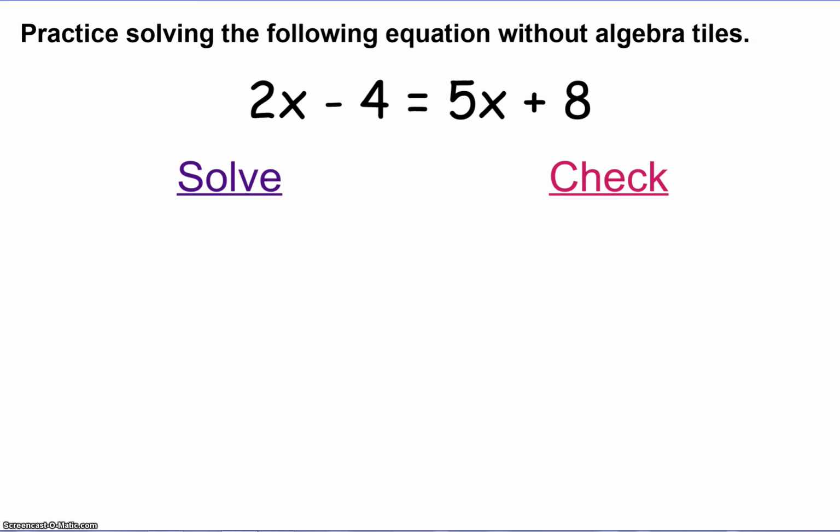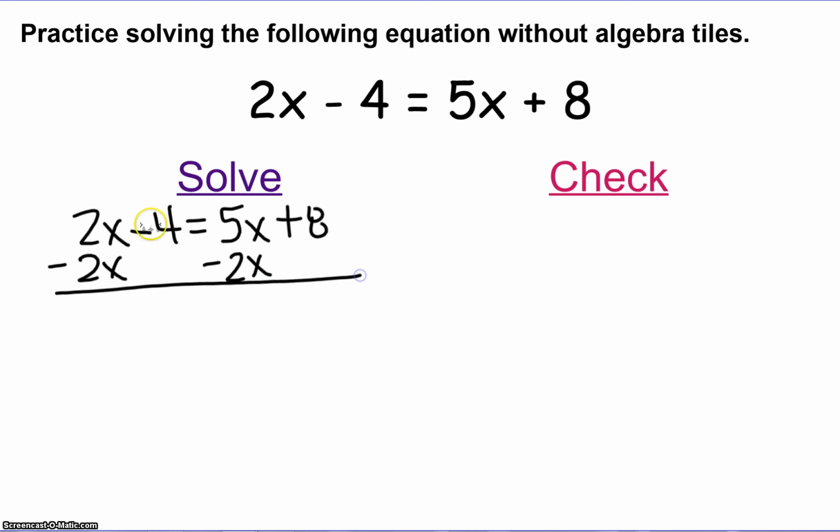Here's another example. 2x, make sure you're writing these down, minus 4 equals 5x plus 8. Now, what do you notice? They are both positive, so we're going to want to move the smaller one. So, minus 2x minus 2x. You're left with negative 4 equals 5x plus, 3x